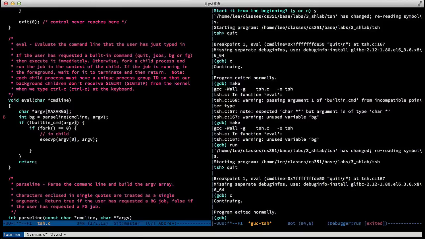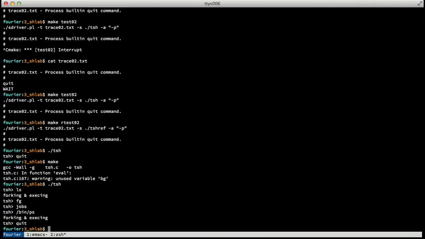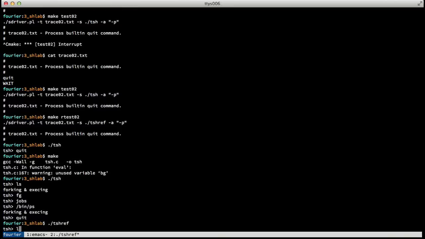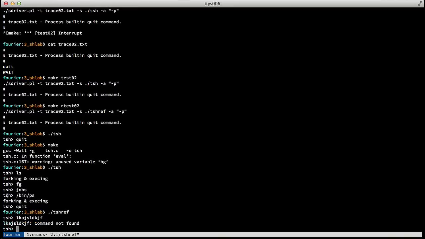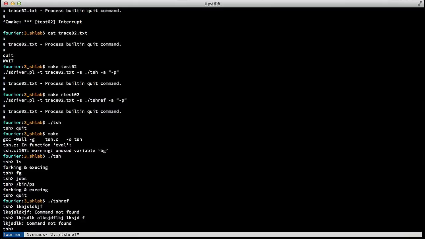On the other hand, if it does return, then it probably means that the command wasn't found. Now what we should be doing is checking to see what tshref does. So it prints out the command line. Let's see what it does if we give multiple strings. So it just prints out argv sub 0: command not found, right? So we should in fact just use that, right? So let's copy that